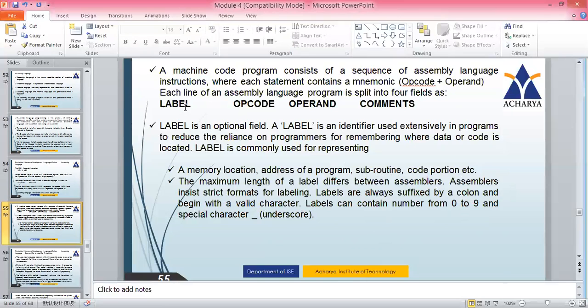This syntax depends on the processor and may not hold all the time, but generally labels will be followed by a colon followed by the statement. Labels can contain numbers from 0 to 9, and they can also contain special characters like underscore.